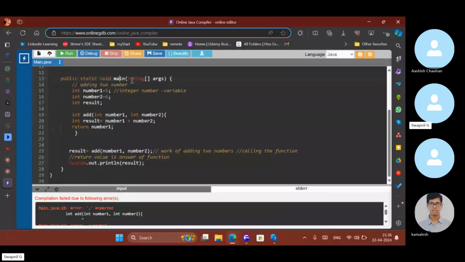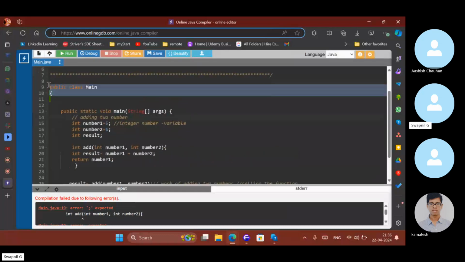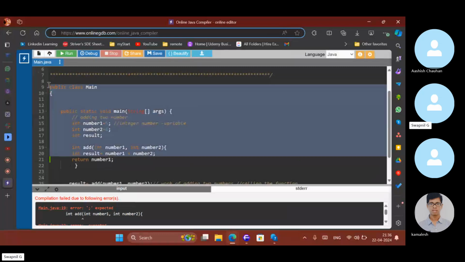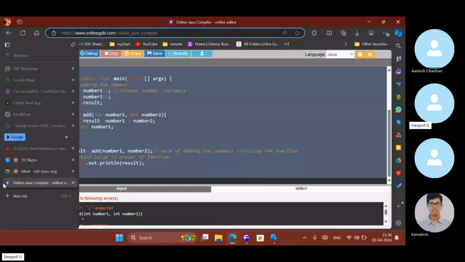If you can see these two brackets, it is already a function, and we are trying to write a function inside a function, so that is why this error is coming. I wanted to write it more like JavaScript so that you will have some resemblance.